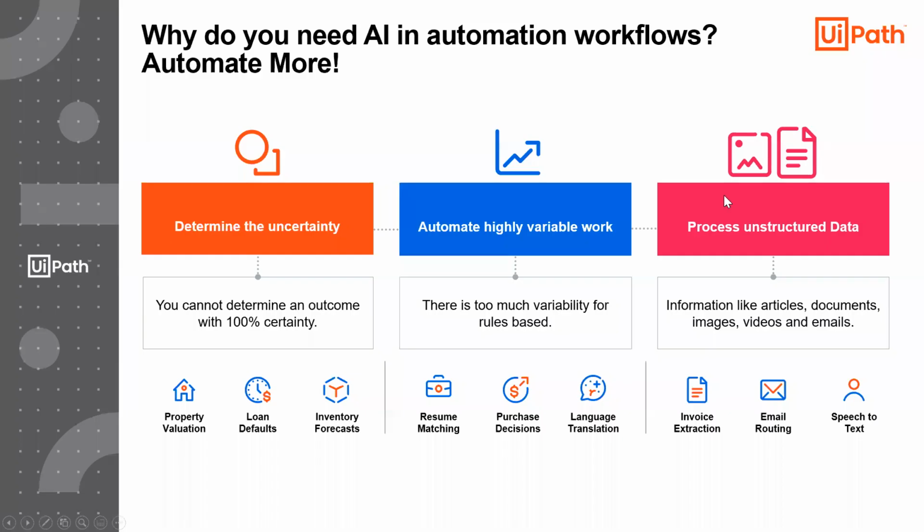So first of all, I like to start this presentation by giving you a bit of context, and especially why at UiPath we are doing AI. We are an automation company. Our goal is to automate processes. And today we're going into AI space. And it's not just because it's a buzzword, like everybody wants to do AI. We actually want to apply AI very effectively and go in production with AI.